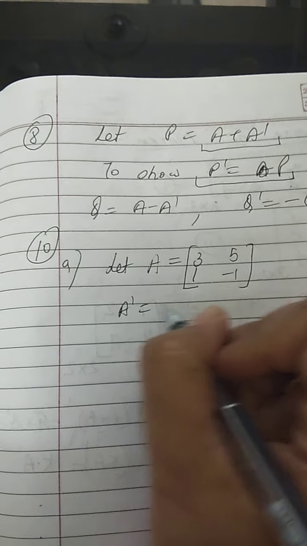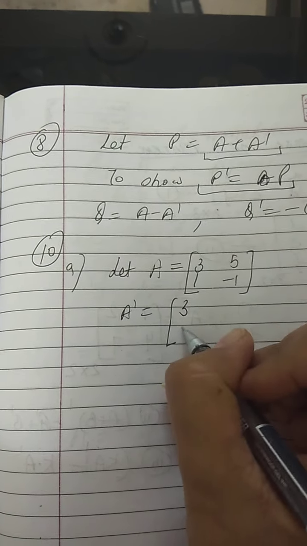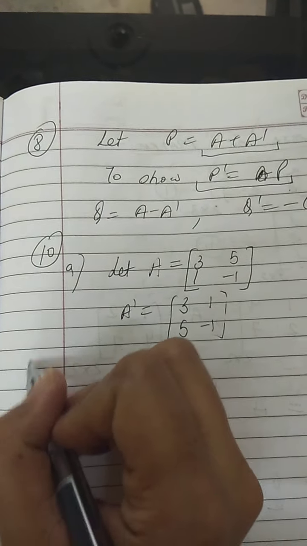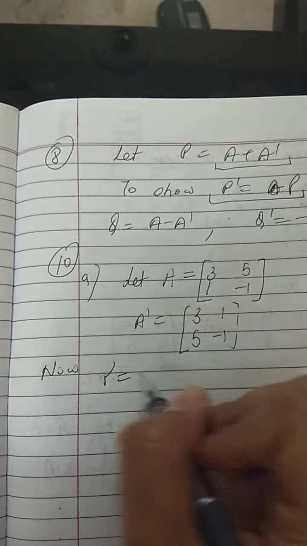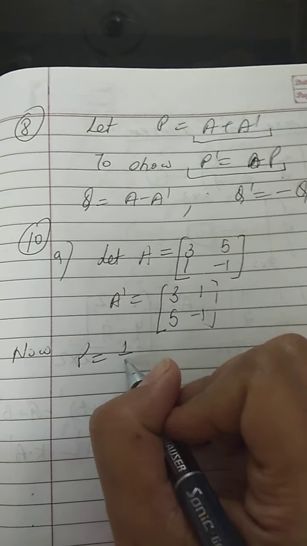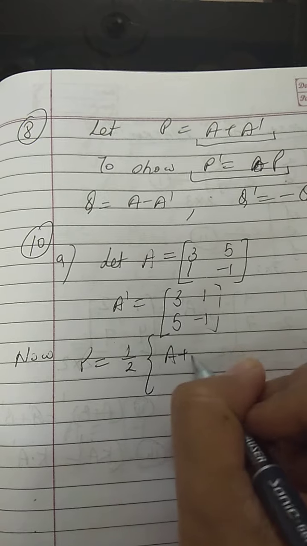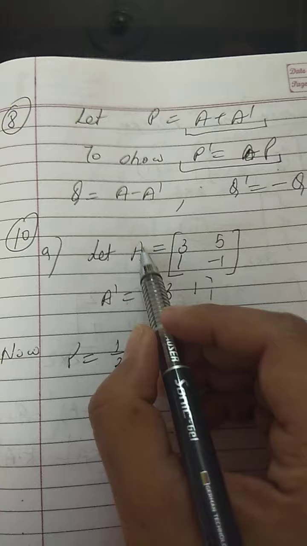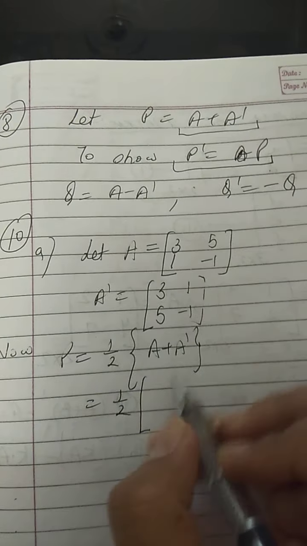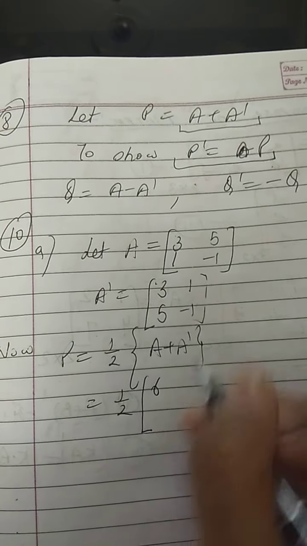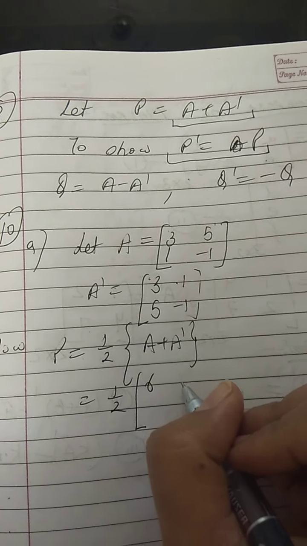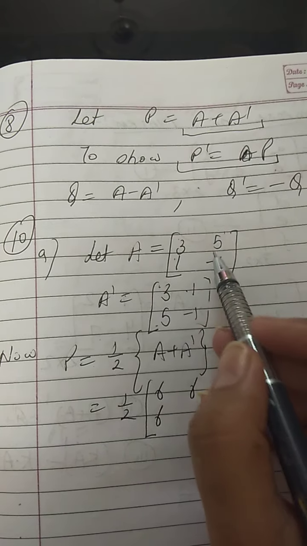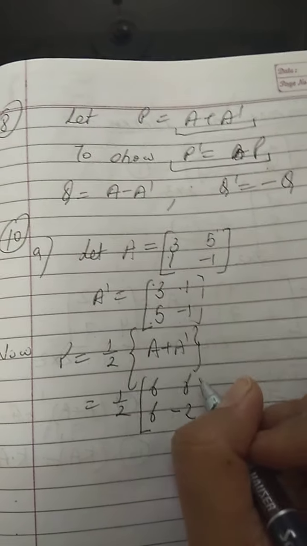And we know what will be its transpose. First row we will write as first column, second row we will write as second column. This is A transpose. And now we will find P. This P will be equal to half of A plus A transpose. If I simply add A and A transpose, what do we get here? 3 plus 3 is 6, 5 plus 1 is 6, 1 plus 5 is 6, minus 1 minus 1 is minus 2,